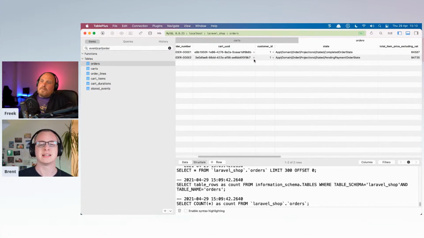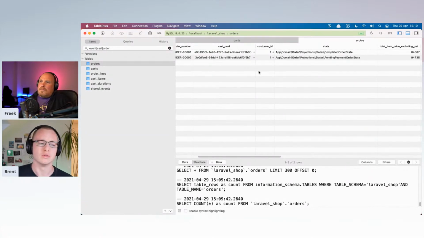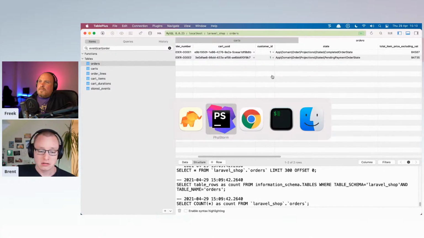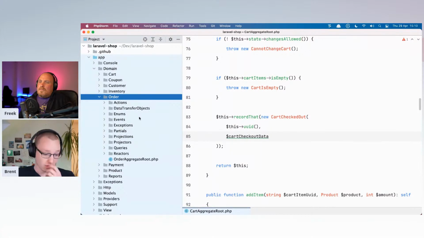So it wouldn't really make sense to try and model the whole flow from beginning to end using the card aggregate. You would really start making a mess, because there would be too much code, and it would become very difficult to maintain. And so that's why there's the order aggregate over here.